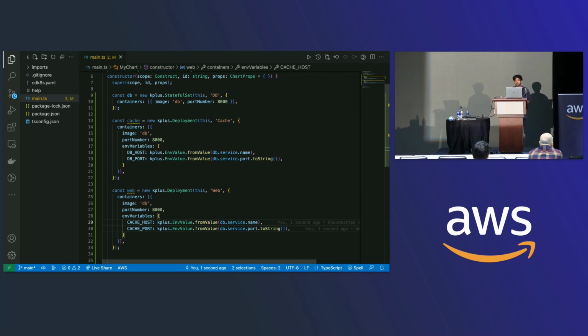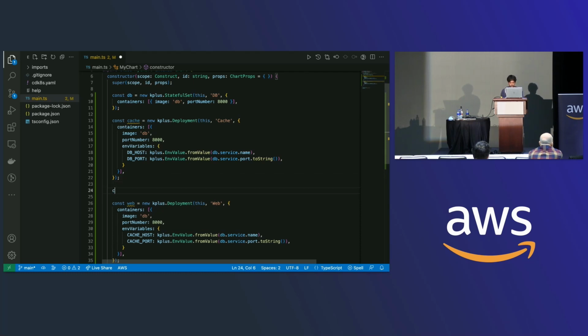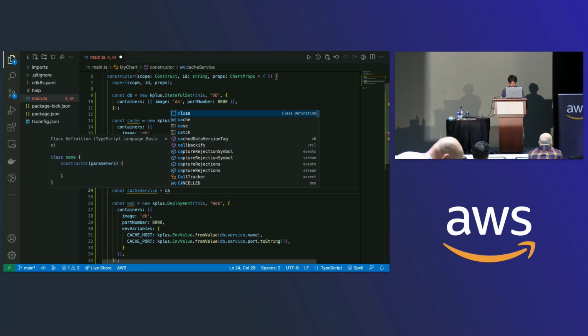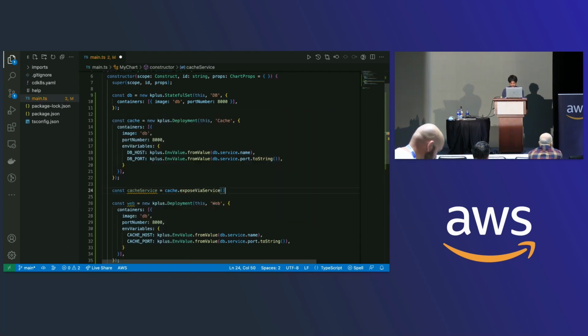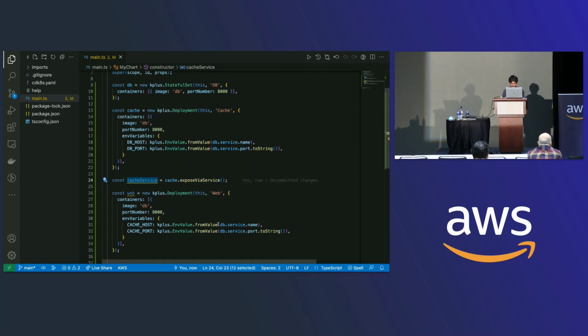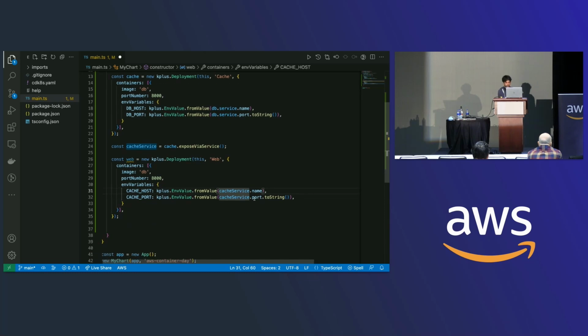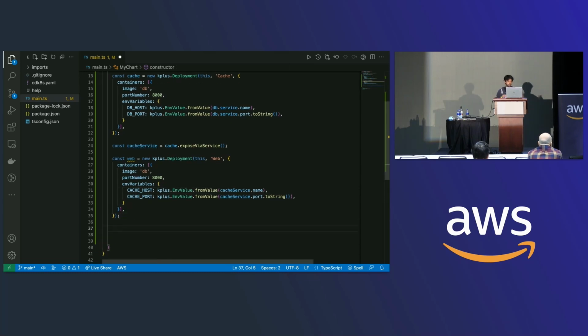So cdk8s doesn't create a service implicitly for me when I use deployments, like it does for stateful sets, because they're not required. So I can create this caching service here just by using the cache API. So this is going to be cache service, cache, expose via service. So this expose via service command or method is very similar to the kubectl expose command. If you're familiar with it, it just creates a service for this deployment, and then I'm going to use this cache service here, and we're done. Right? And now I need to expose the web deployment because that's what